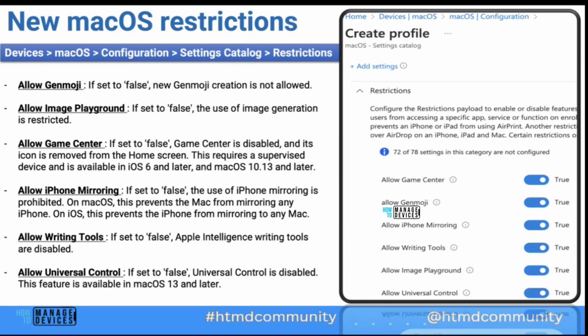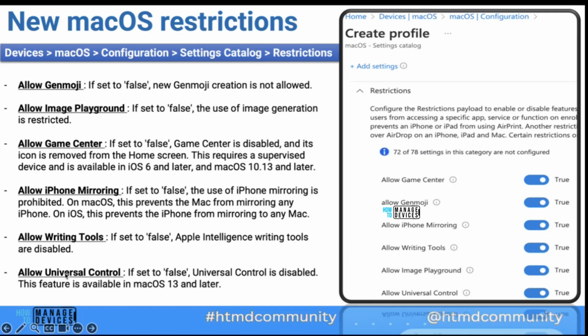In the later months, if I get a chance, I'll also go through the full version release. So the restrictions that we have till now, on 2408 and later Intune service release, are the options to allow Genmoji, Image Playground, Game Center, iPhone mirroring, writing tools, and